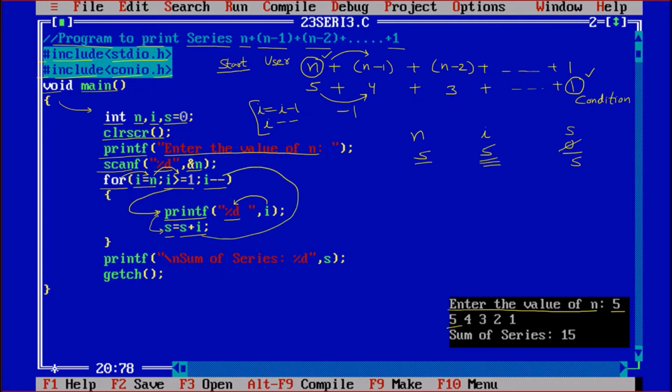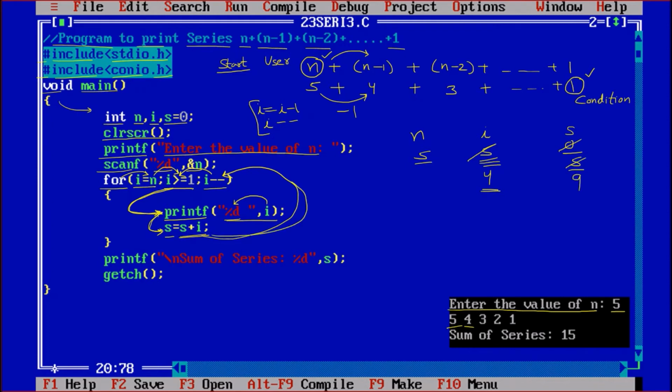Coming back, I minus minus, so 5 minus 1 is 4. Checking the condition, I greater than equal to 1, so 4 is greater than equal to 1, true. Coming down, then printing the value of I, so 4 is printed. Then sum is equal to S plus I, so 4 and 5 becoming the 9.